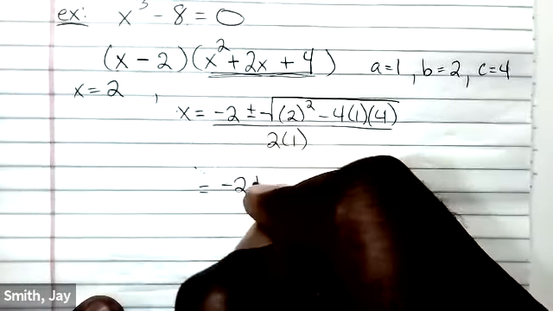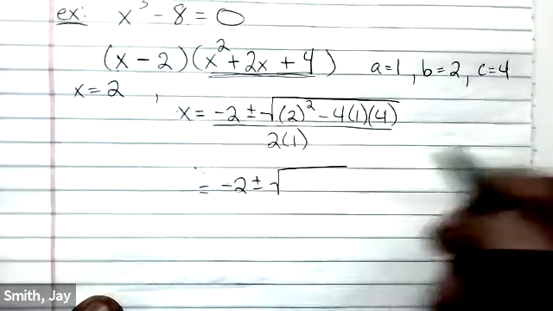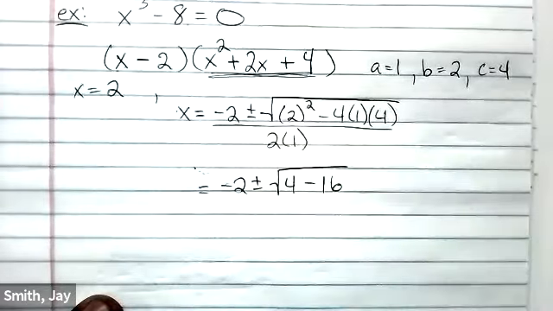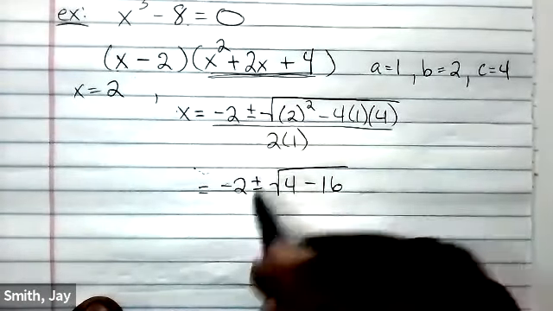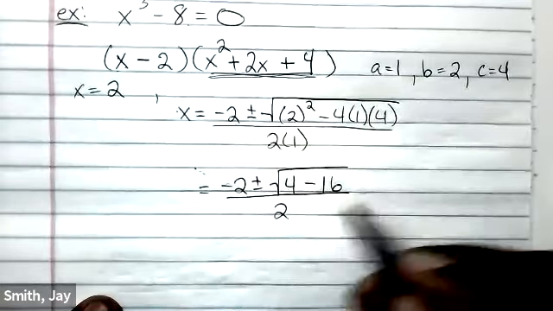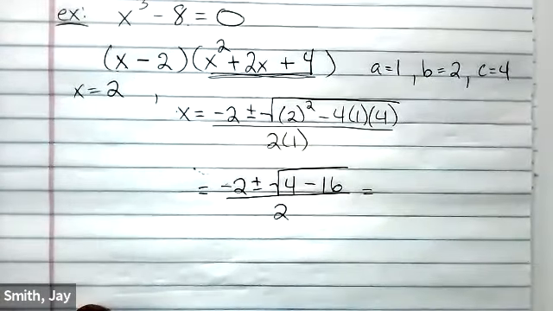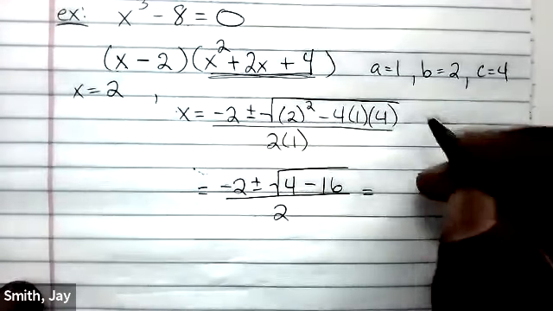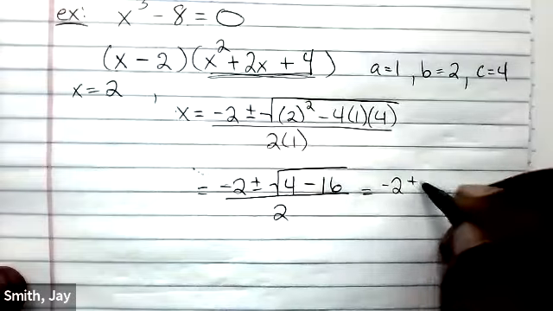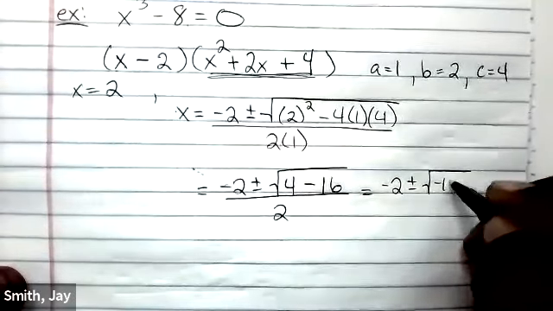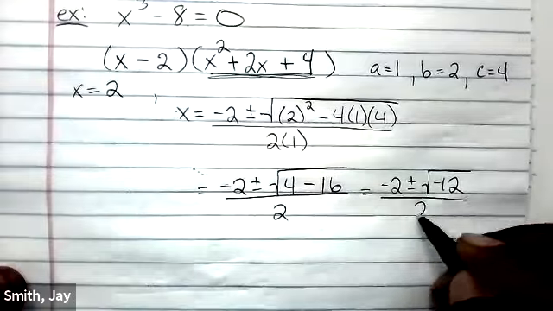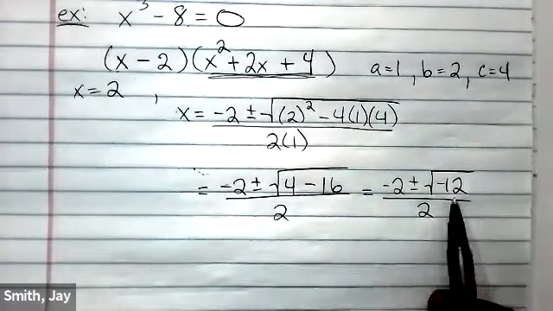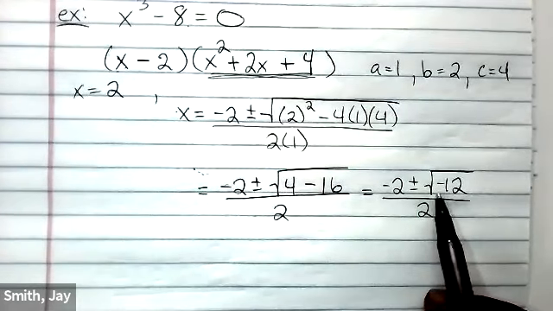So it's going to give me negative 2 plus and minus the square root of 4 minus 16, because 4 times 1, 4 times 4 gives me 16, over 2. Four minus 16 gives me a negative 12. So now we have negative 4 plus and minus the square root of negative 12 over 2. We can pull out our i to get rid of the negative, and